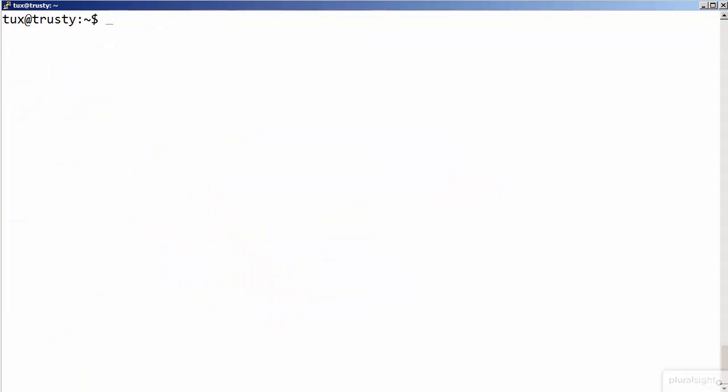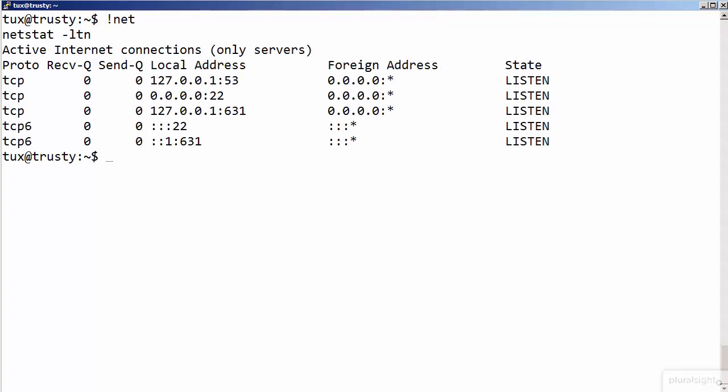Now if we return to our netstat command, so let's just use an exclamation mark and net, we can see that port 53 is open. By default it's only listening on the local server, but we could easily change this to listen on other interfaces if we wanted to. But just to prove that it's working, if I go through and dig